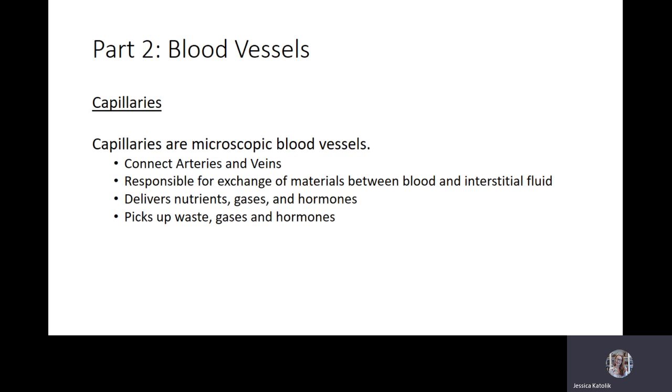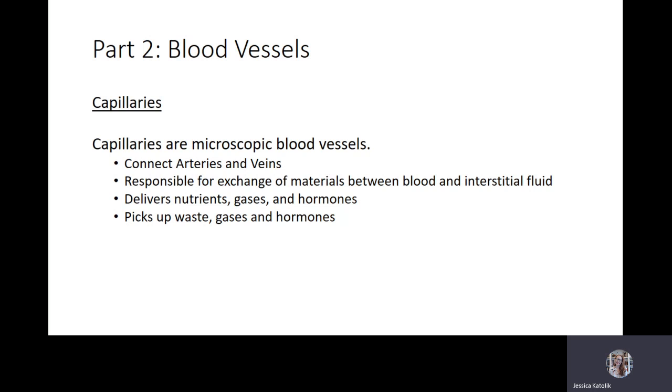So what are capillaries? Capillaries are essentially microscopic blood vessels, and they're going to connect arteries and veins. So the heart, arteries, capillaries, and veins actually create a circuit for the circulatory system. And capillaries are going to play a really important role for material and gas exchange between the blood and the